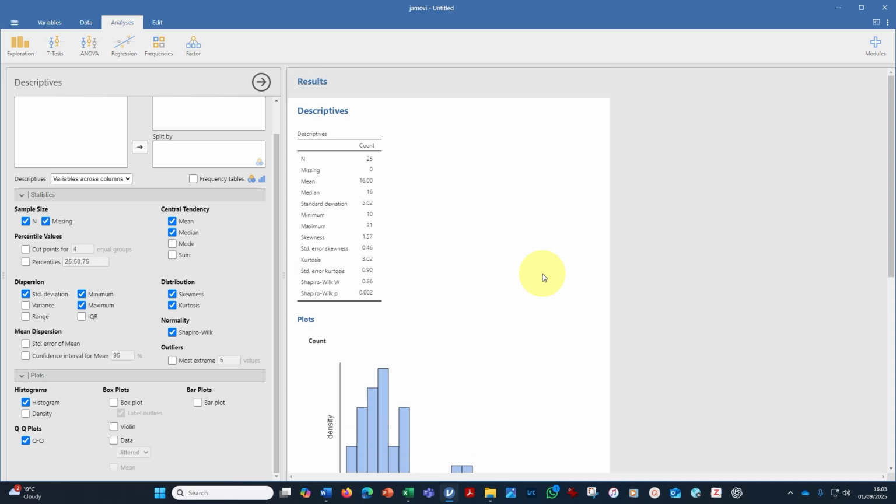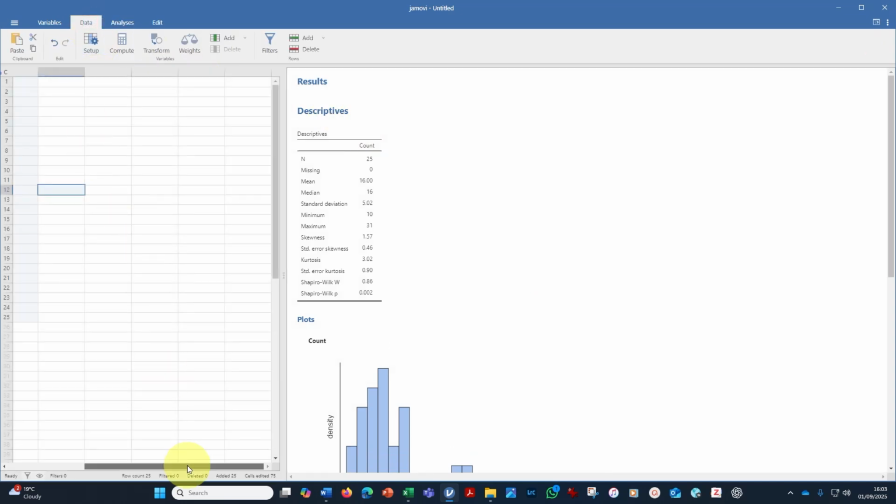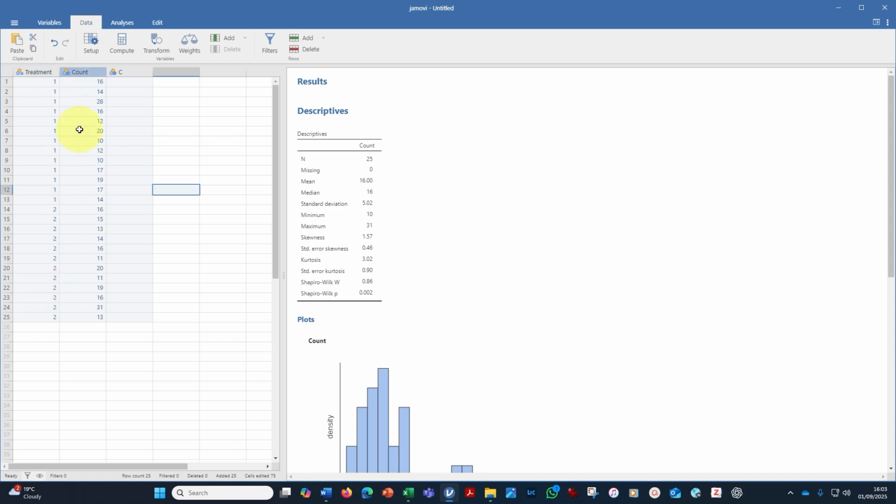So I'm going to go back to the top here. Let's go back to our data. So we go to the data, we've got our columns, we've got the treatment column and the count column. If I click on the count column, I'm now going to transform the data into a format that might be better. Now you might think that's the transform menu, but that's for recoding columns. Actually what we want is the compute button. So I click compute,